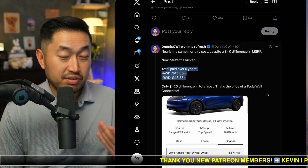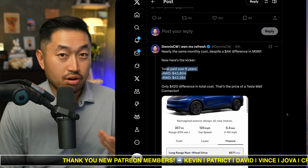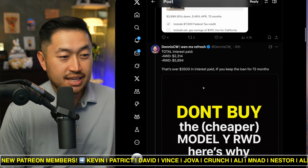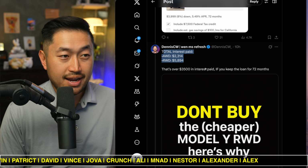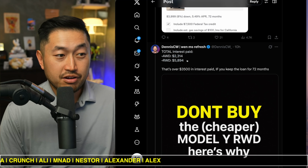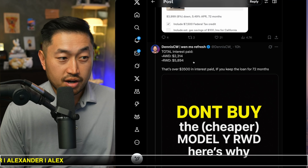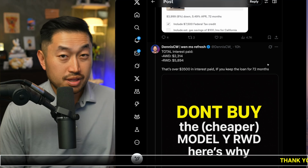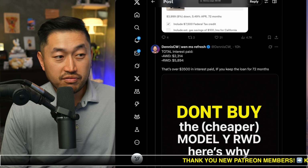If you're going to be financing anyways for 6 to 7 years, you might as well just get the all-wheel drive version because it might have better resale value at the end of the day. But here is where the math comes into play. If you calculate on a rear-wheel drive and extrapolate it over the 60 to 72 month terms, you're going to be paying $2,314 in interest on an all-wheel drive, or on a rear-wheel drive, $5,894. So you can see almost more than double the amount of interest on the rear-wheel drive